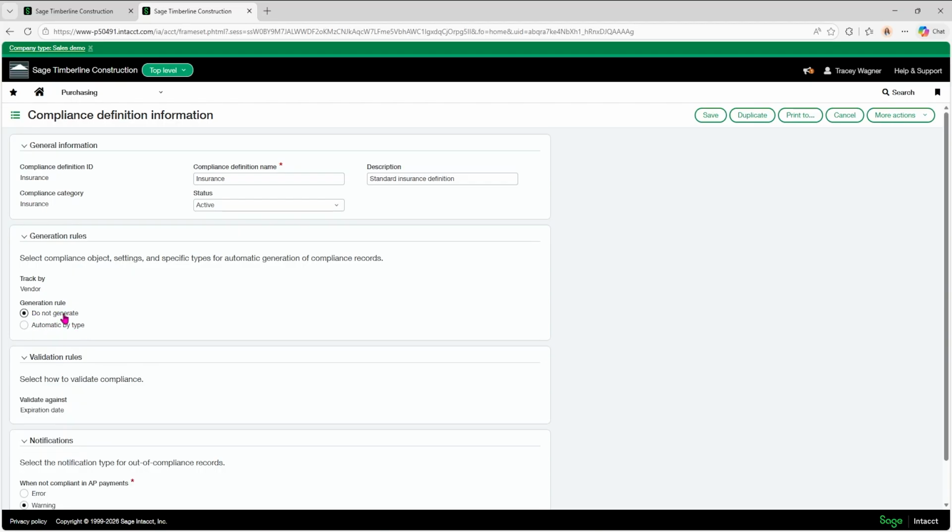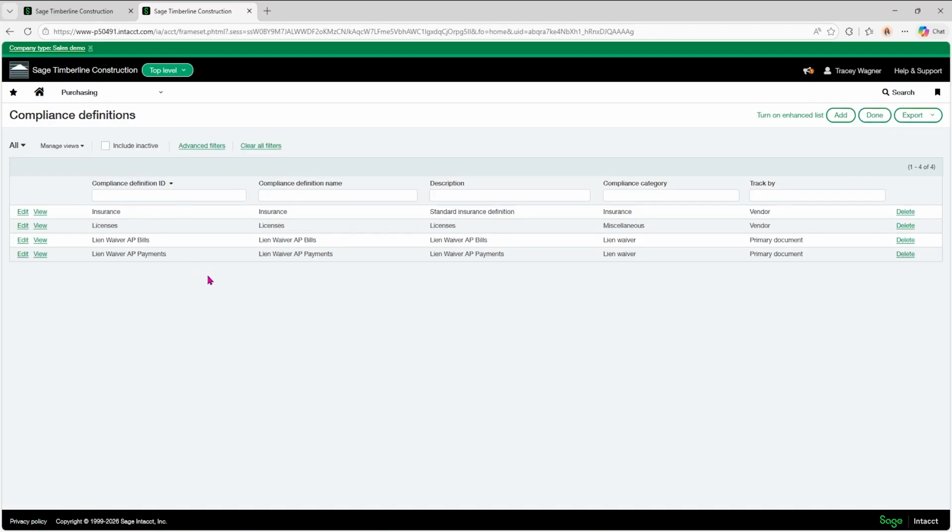And so we have do not generate here. And then we have a smart event put into place that whenever a new vendor is created with the subcontractor custom field, then the insurance records are created.